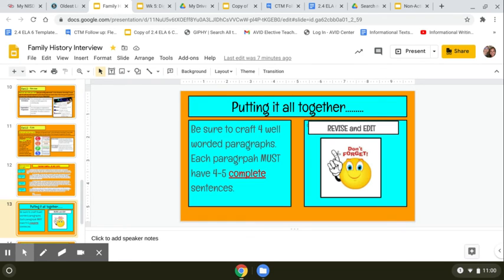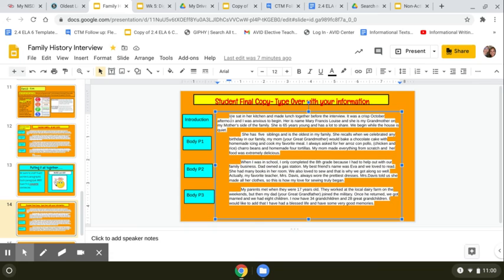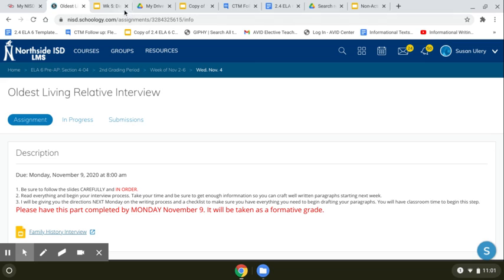All right, and if you come on down to slide 14, here is going to be your final copy. So just type over my information here, okay? But you do need to have your introduction, and you're going to end up with 3 body paragraphs. Once you complete this, you will submit this. Okay, so just FYI, you're going to submit this, and I will continue to remind you about that, okay? So definitely make sure, guys, that you are working on your paper and your notes.